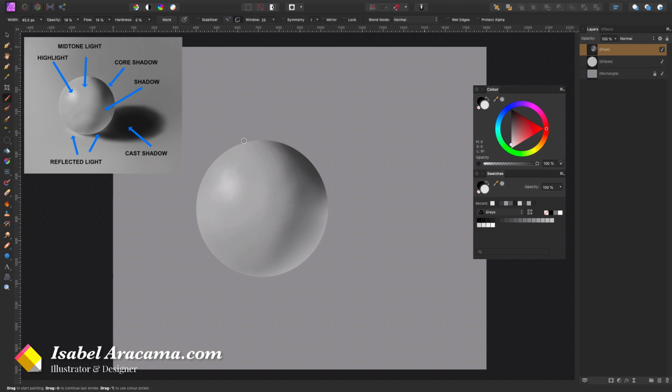Now the edges also need to be slightly highlighted because the light works on them. Even up there the light reaches. I'm gonna leave it like that. Now also here maybe I want to give it a little bit of a highlight.